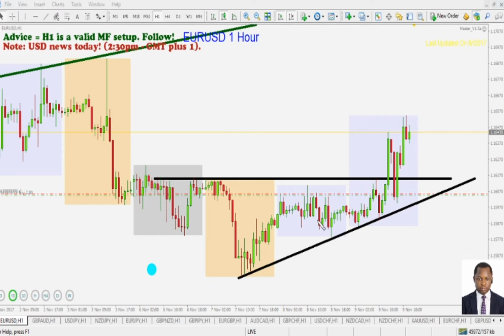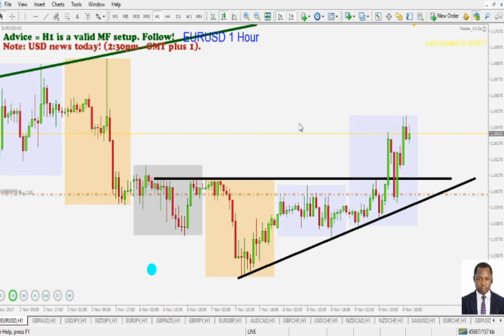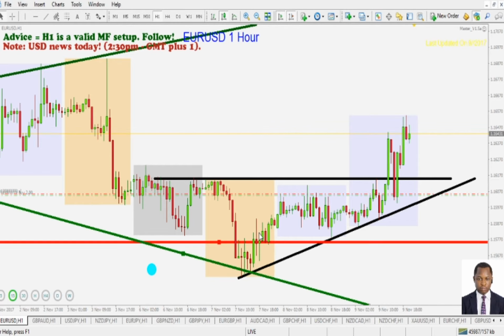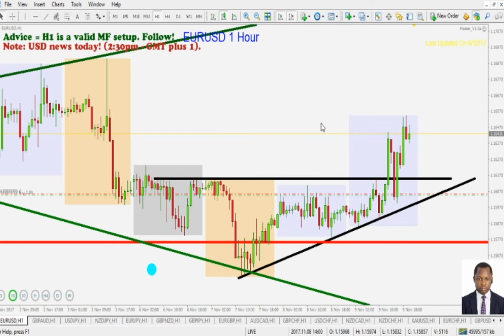For instance, if we find a sideways Tokyo range, we'll be interested in trading the London open breakout strategy for the euro against the American dollar. All right, so this pair is actually now looking to the upside. You should be searching for only long opportunities, depending on your type of trading strategies.